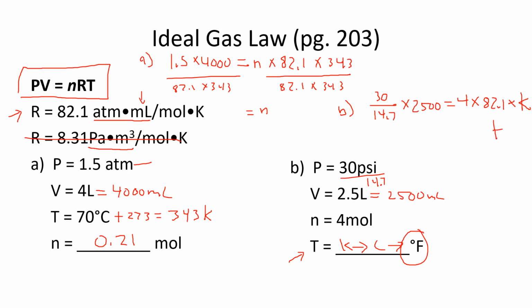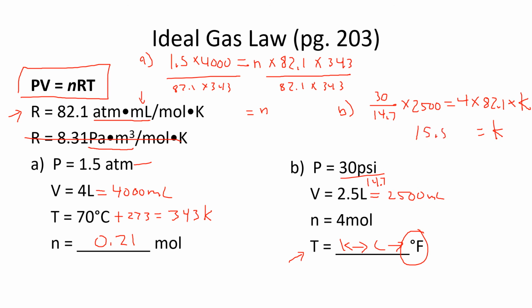So what is our Kelvin temperature? So we're going to divide both sides by 4 times 82.1. So let's do 30 divided by 14.7 times 2,500 divided by 4 divided by 82.1, and I get a K value